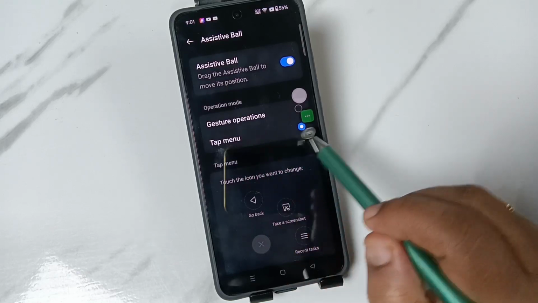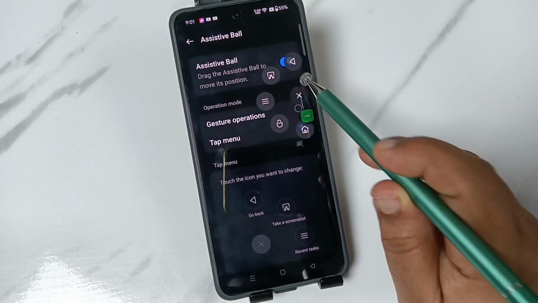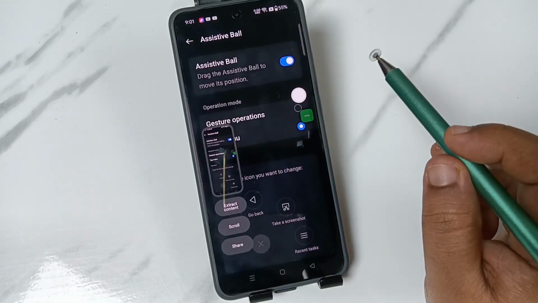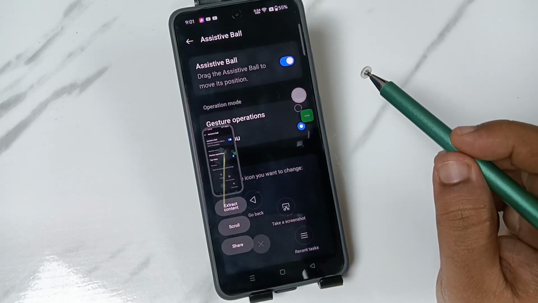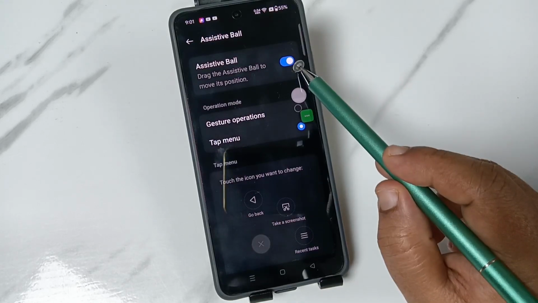So here I select the option tap menu. Tap on the assist bowl. Tap on screenshot. And the sixth method to take the screenshot, using the smart sidebar, you can see at the